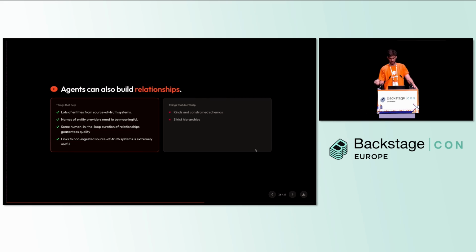So being declarative, being descriptive in those names, makes your life a lot easier. Some degree of human in the loop to verify those relationships are accurate is also extremely useful. Agents will hallucinate from time to time some integers. Comparing integers across data sources is a very funny thing that they seem to want to do, and build a relationship between the number 0 and the number 0 in some other data source, but you can't blame them for that.